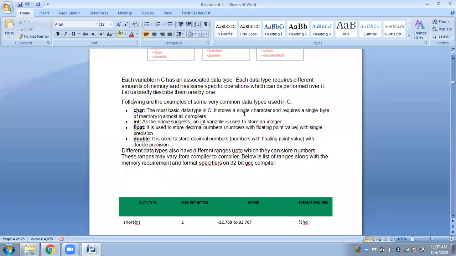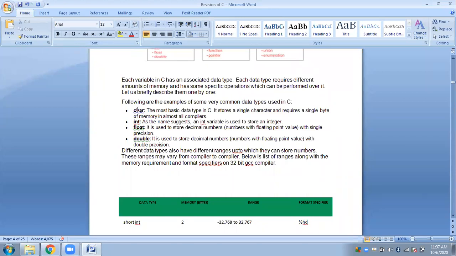It stores a single character and requires a single byte of memory in almost all compilers. Data types are actually compiler specific, so you must remember this. What is a data type actually? Data type means the data that you will be storing. What type of data are you storing?